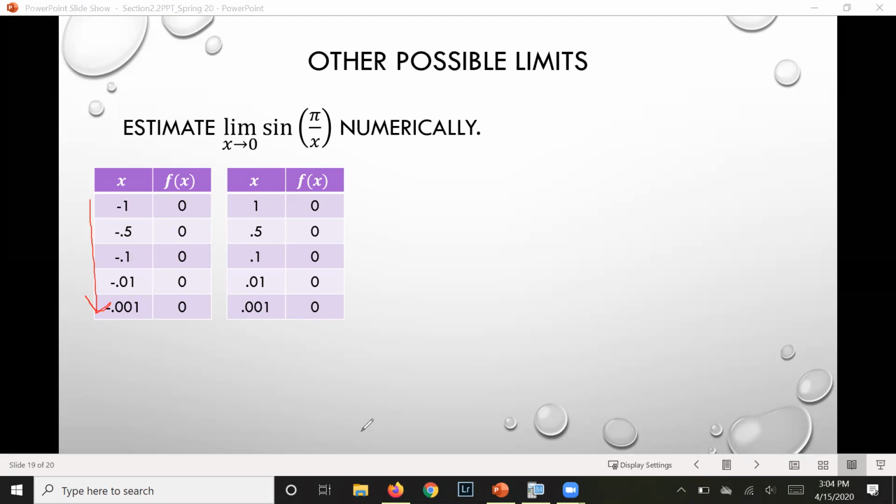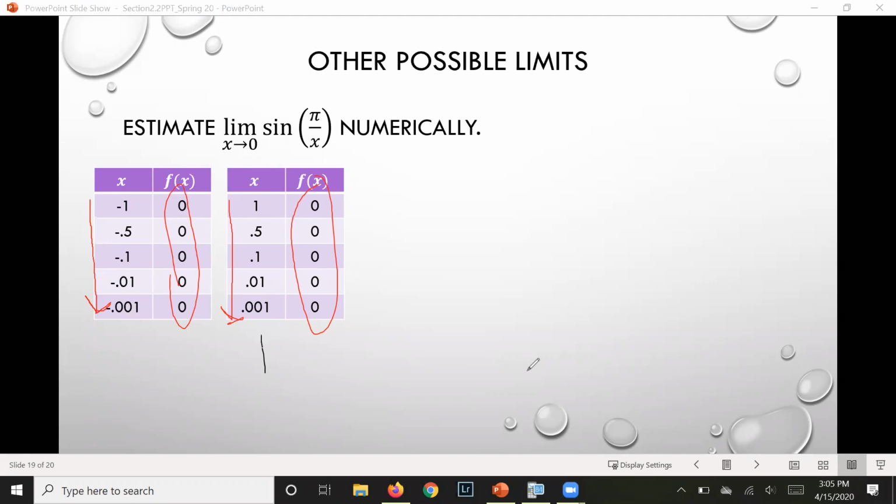I see that for my output, I'm getting 0 every single time. For approaching from the other side, going from 1 to 0.5 to 0.1 to 0.01 to 0.001, we again see that the output we get every single time is 0,